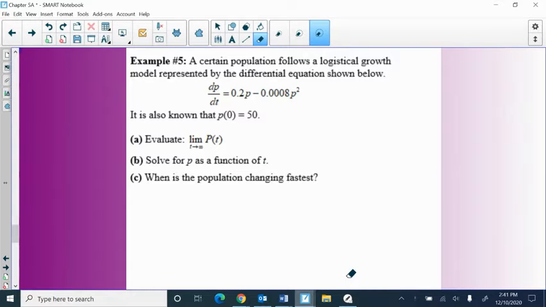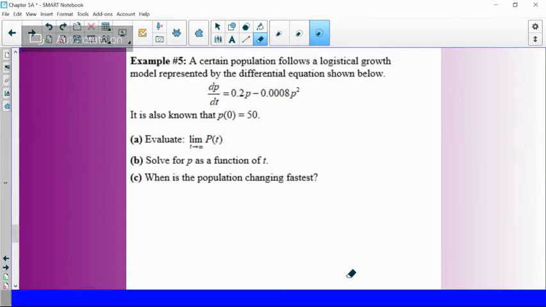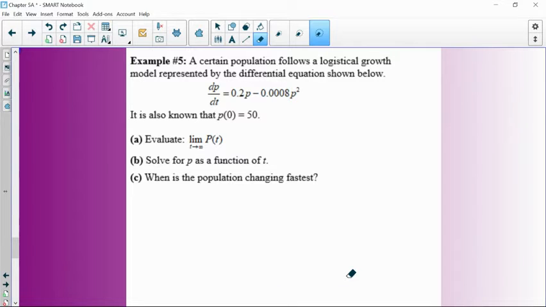Okay, so the goal of this video is just to show one more example of a logistical growth model in a differential equation. Very similar to maybe some other examples we solved, but maybe you want to see one more example, which is great. And it tells us it's a logistical growth model, and we should recognize a logistical growth model based on the structure of our quadratic. And even if you factor that